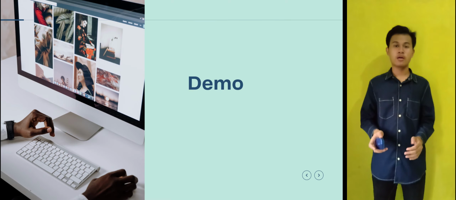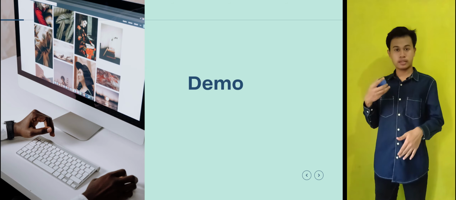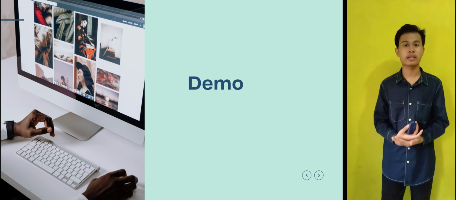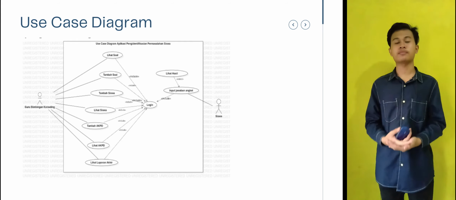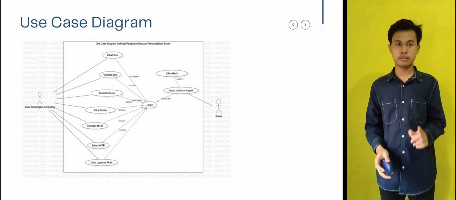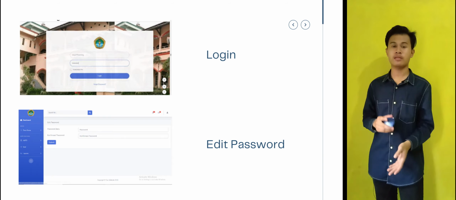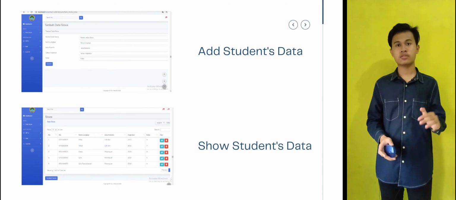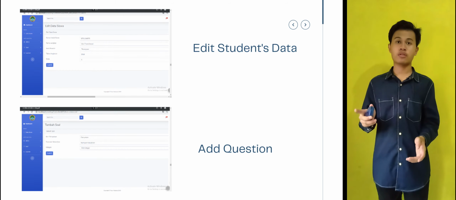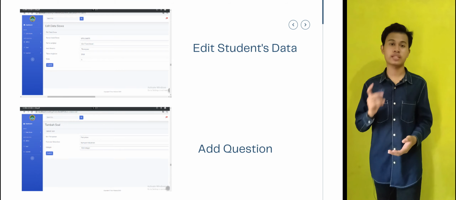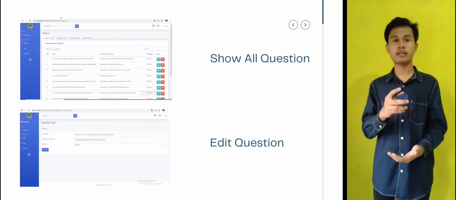Okay, now we look at the new topic. It is the demo for our application interface. Okay, this is our use case diagram. The next is the interface of login and edit password. The next is add students data, show students data, edit students data, add a question, show all questions, edit a question,